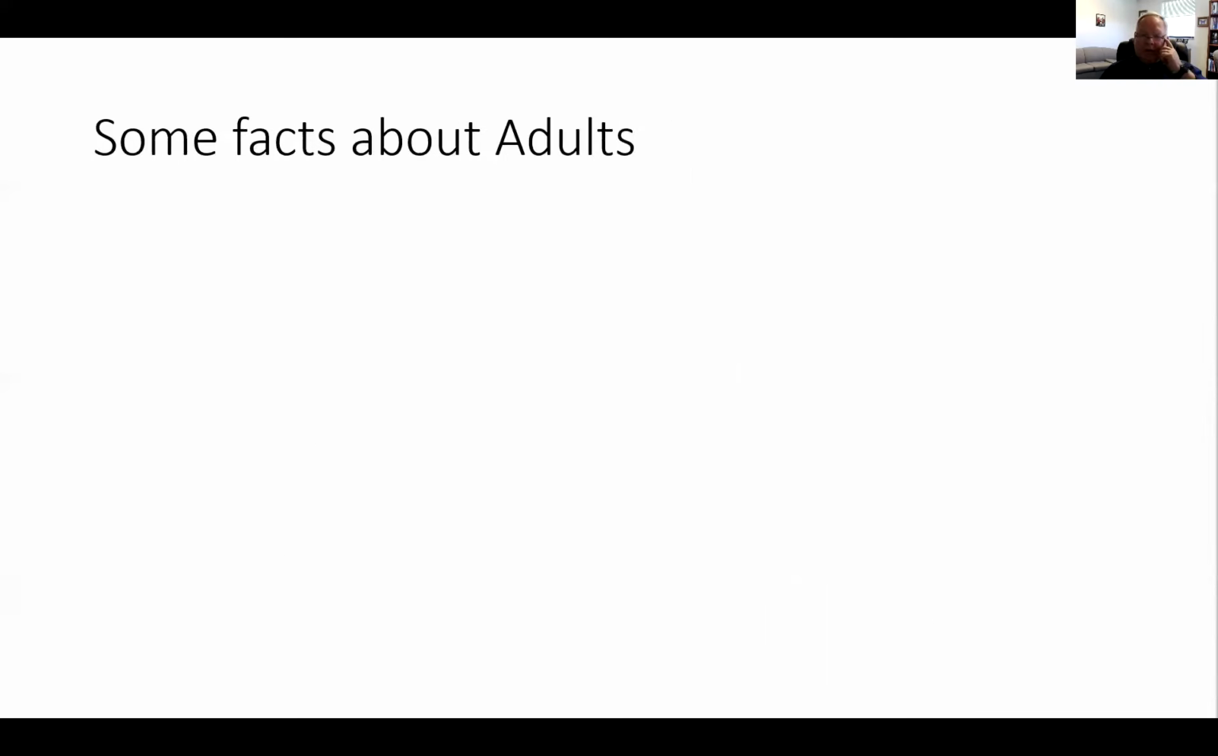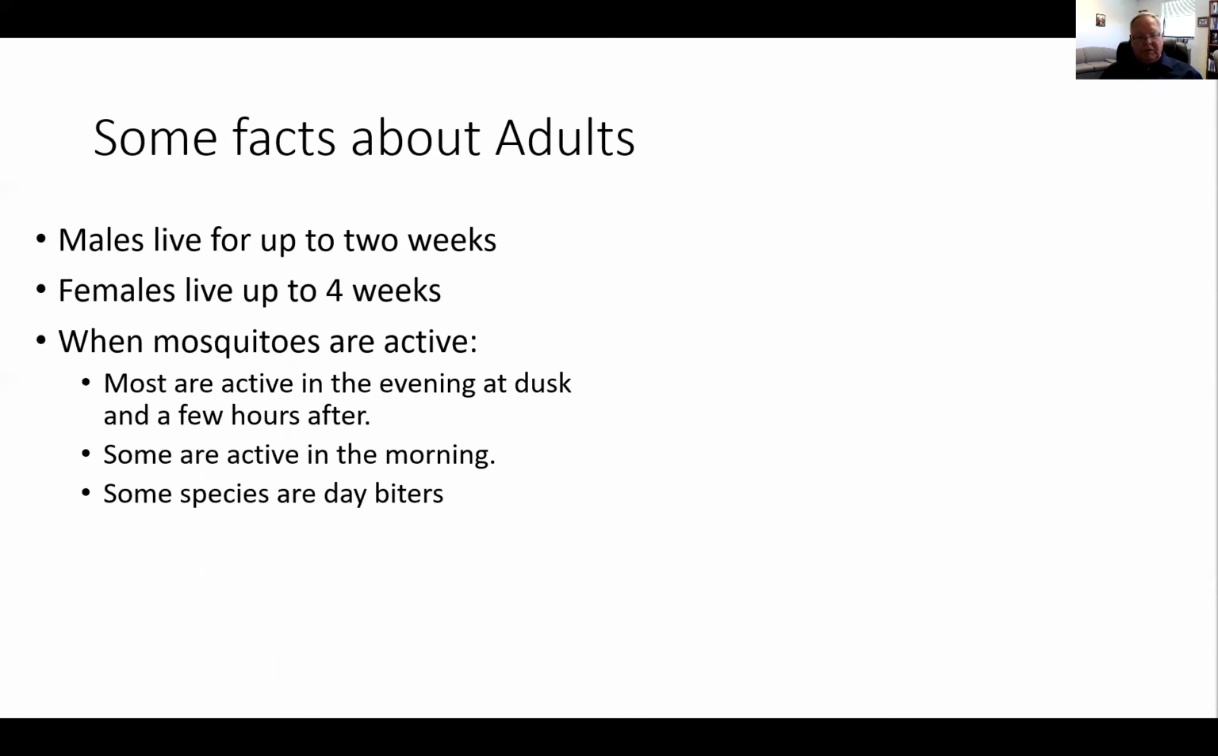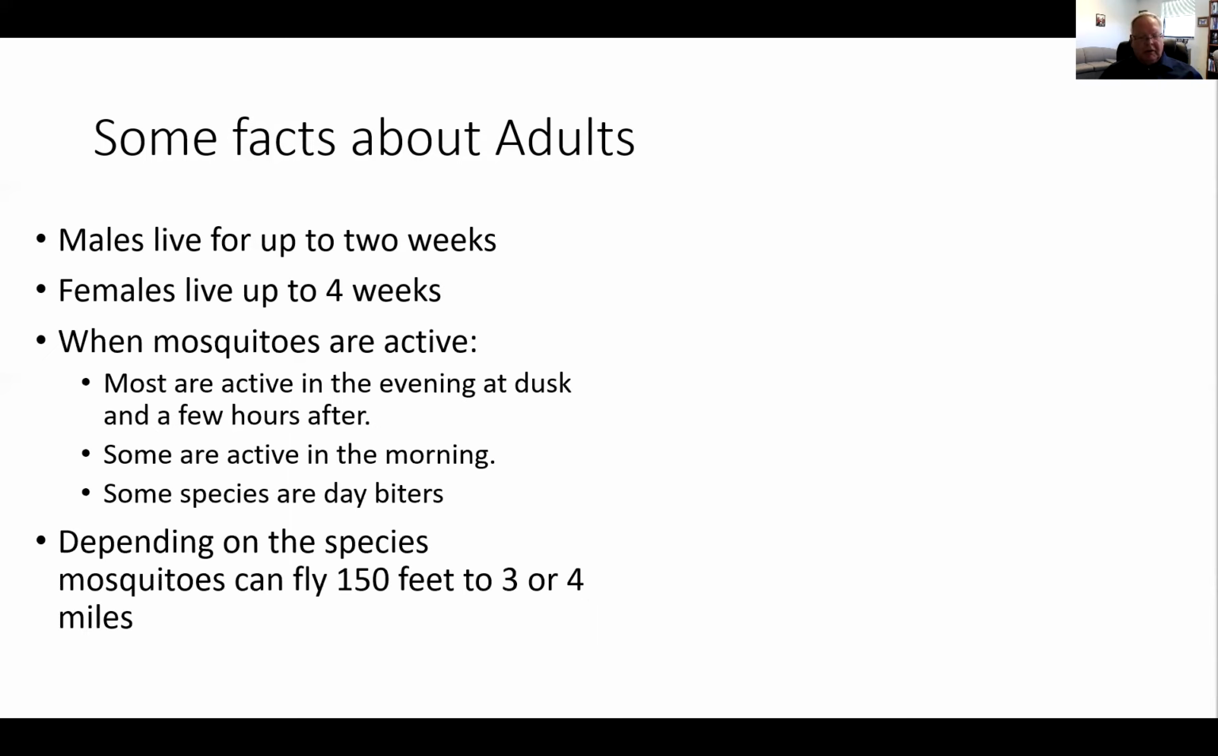Let me give you some facts about the adults in general. Males live up to about 2 weeks. Females live up to about 4 weeks. When mosquitoes are active, most of their activity is in the evening, at dusk, and a few hours after. Some, very few, are active in the morning, probably less than 5% of what we catch. And some species are day biters, which we don't have many of in Utah County. Depending upon the species, mosquitoes can fly about 150 feet or up to 3 to 4 miles,